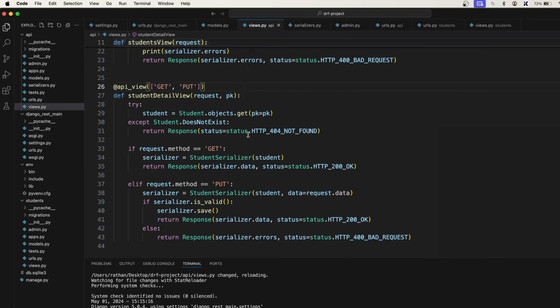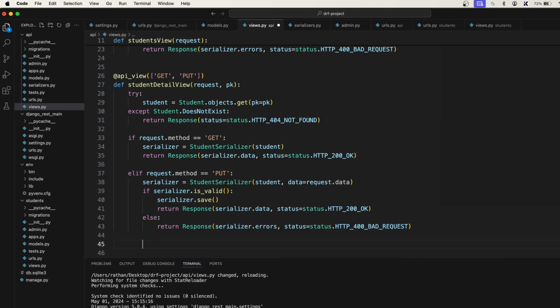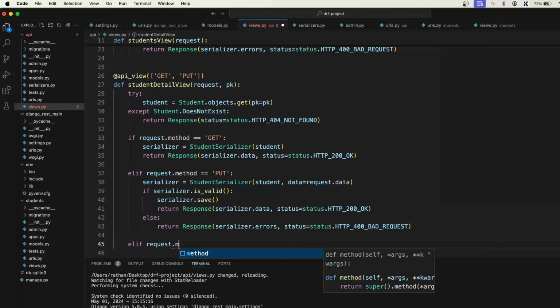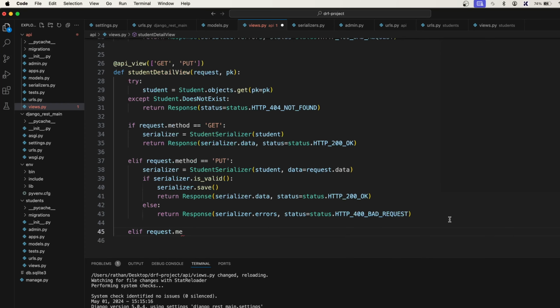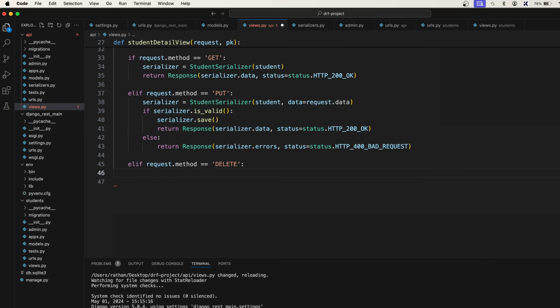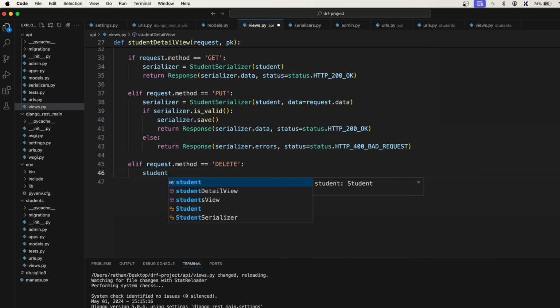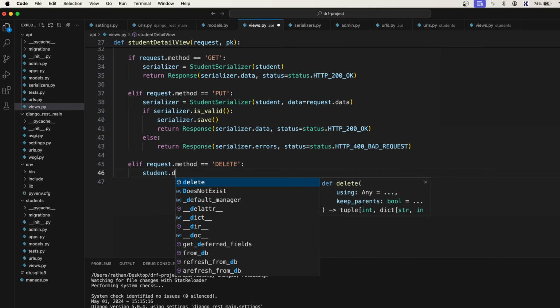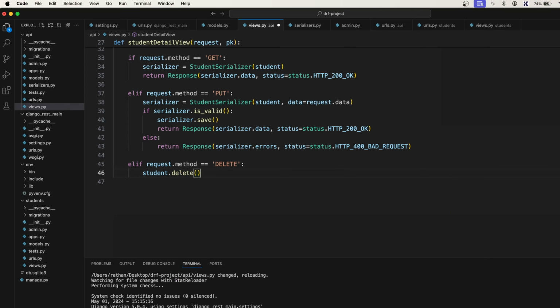And in views.py, let's write an elif here. Let's add request.method is equal to DELETE. Then what we need to do is simply delete the student: student.delete(). Okay, so once we run the delete function on this student object, then we can simply return